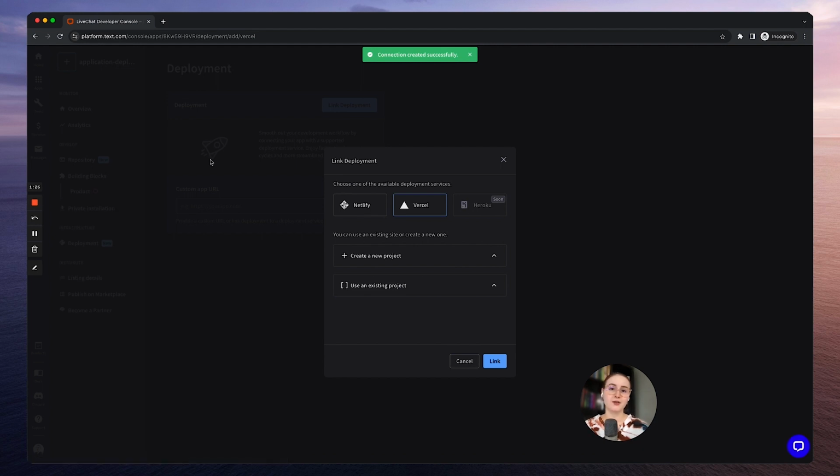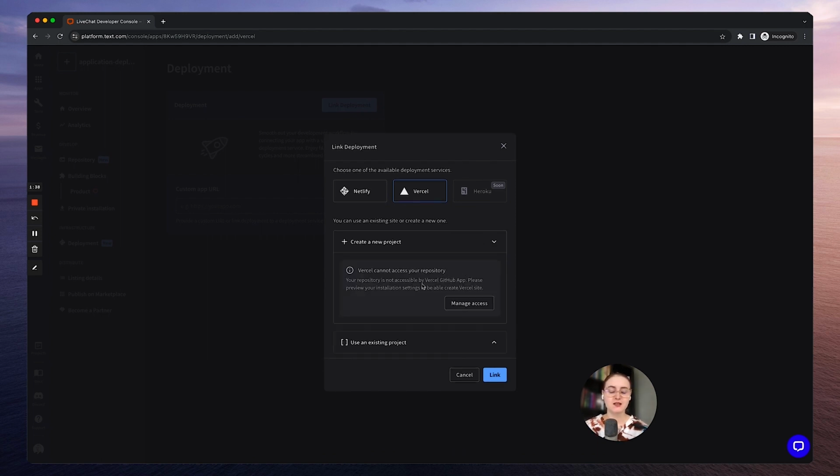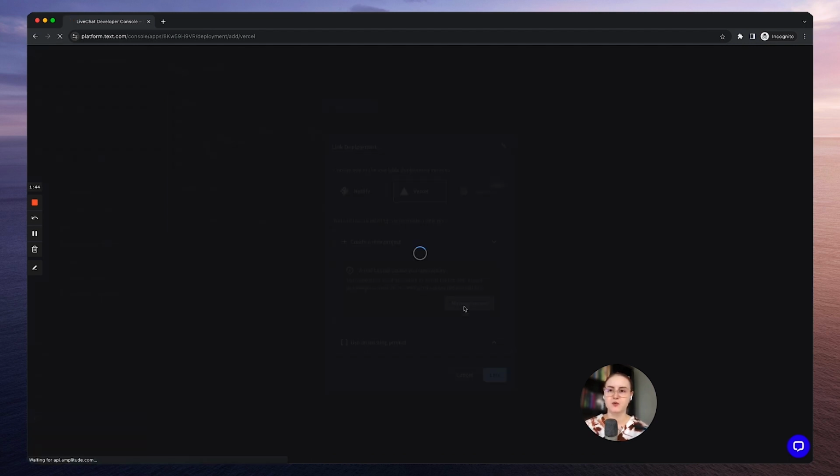Okay, and that was also amazingly simple, if I say so myself. And we can both create a new project or use an existing project as with Netlify. So we'll create a new project, but in order to do that, we will need to install the Vercel GitHub app on our GitHub account. So we will manage access